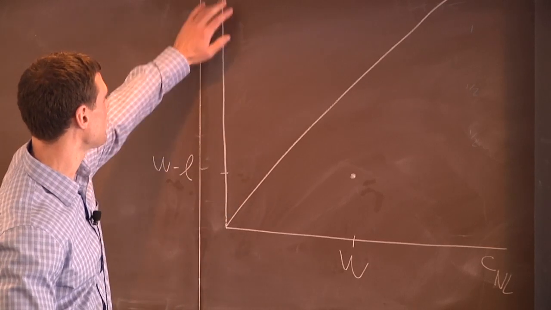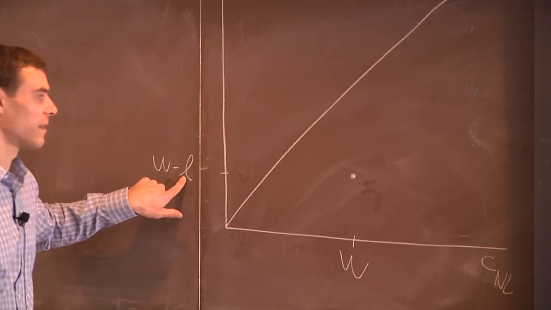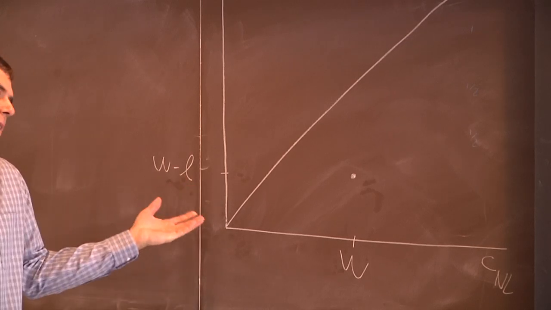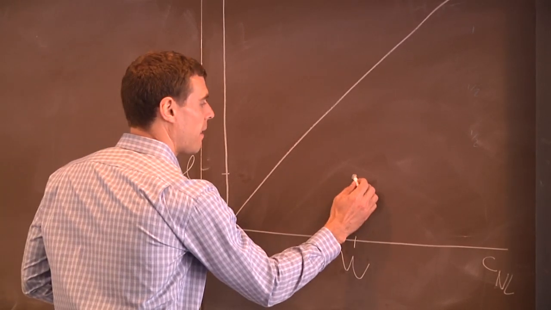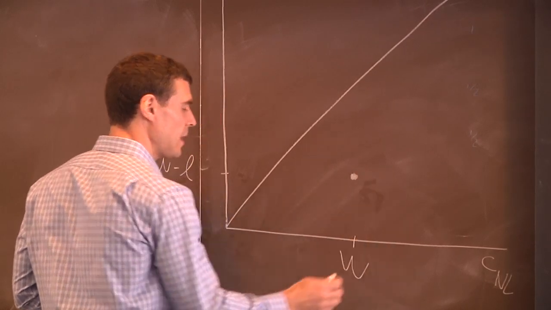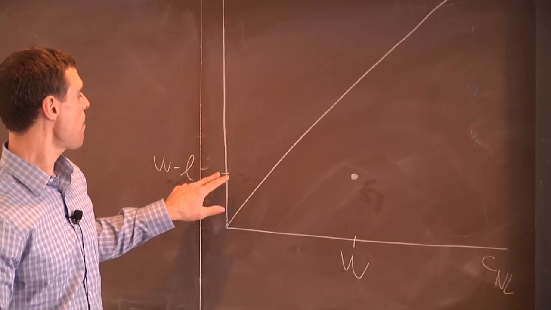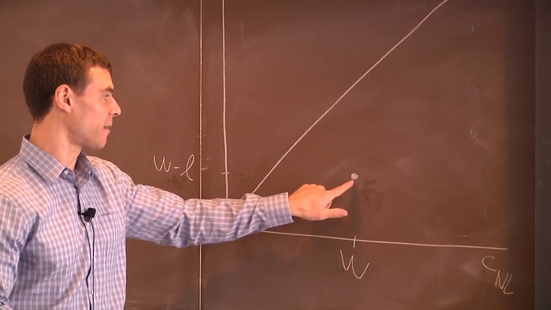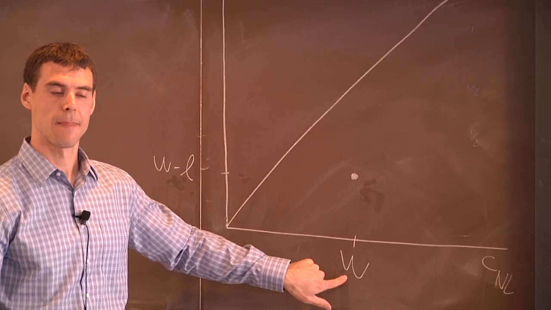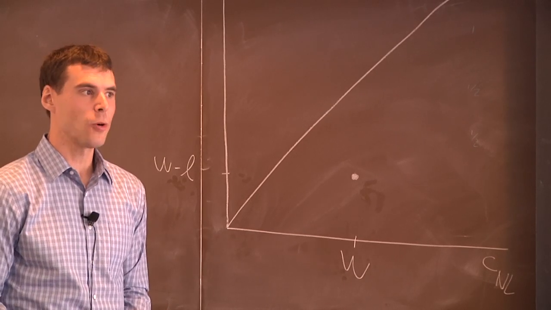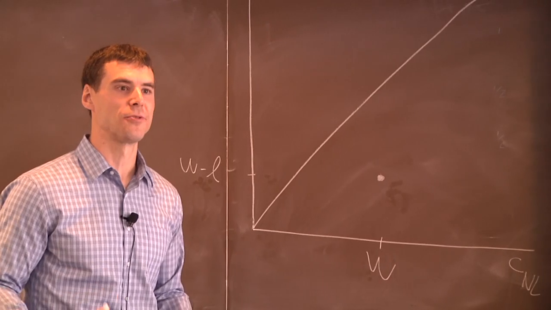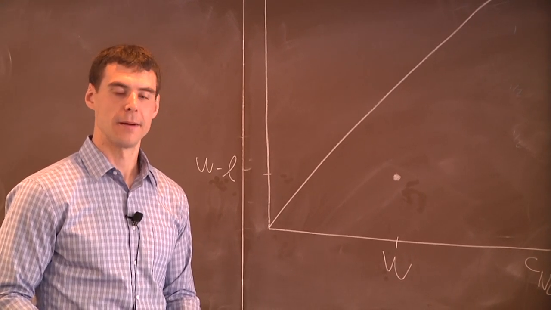And on this axis, the consumption they would experience in the event that the loss happens. And so you can think of drawing the endowment right here as just in the event that the loss happens, you consume this. In the event the loss doesn't happen, you consume this. And Rothschild and Stiglitz look at this world and they say, well, okay, what would we expect an insurance company to do? Okay?